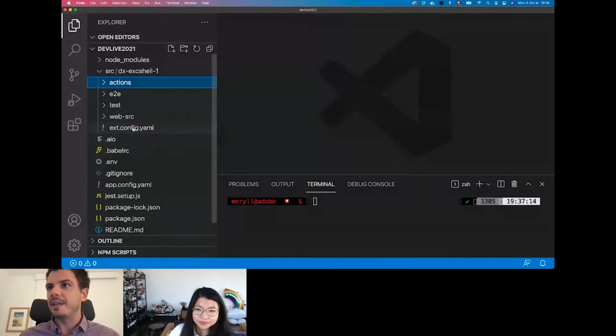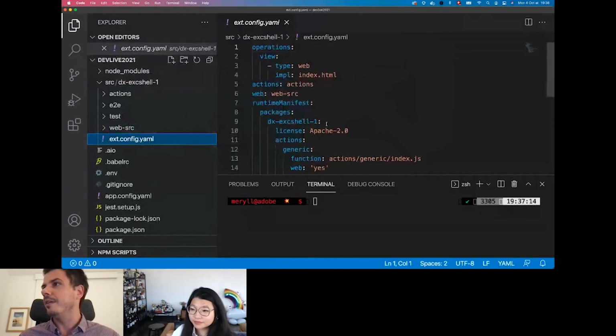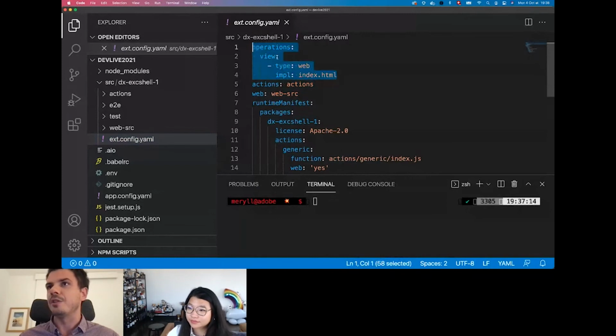In the extension config file, we have a bit more of things like the name of the web source folder, the name of the action folder, the description of the extension that we are building. This is all generated for you, and you should not worry about that. And then we do have the manifest definition for all the runtime actions. So if I add, for example, a new action to my app,